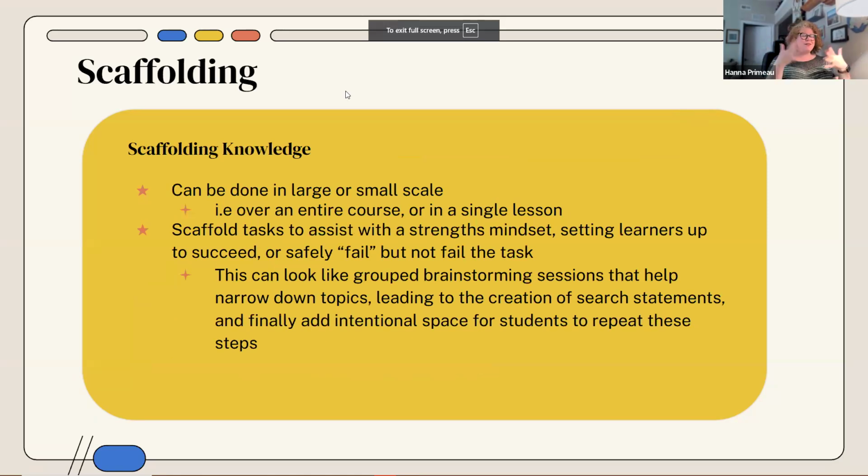So it can be done in large scale, small scale, over an entire course, in a single session. It's something that just takes a little bit of intention, and it focuses on a strengths mindset. We're setting learners up to succeed or fail successfully, AKA they tried it, they learned something from it,